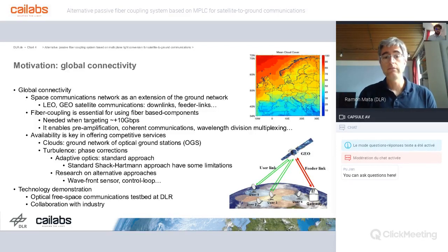So availability is key. As I mentioned before, in optical, one ground station can provide the capacity because the bandwidth is available. The main drawback there are the clouds, the clear sky conditions. You see here in the upper part a map of Europe with the cloud availability. This is a mean cloud cover. The red parts are where there are more clouds, and the blue parts, the colder parts, are where clear conditions are more frequent. So you see around the Mediterranean Sea there are fewer clouds. If you go to the north of Europe, there are more clouds.